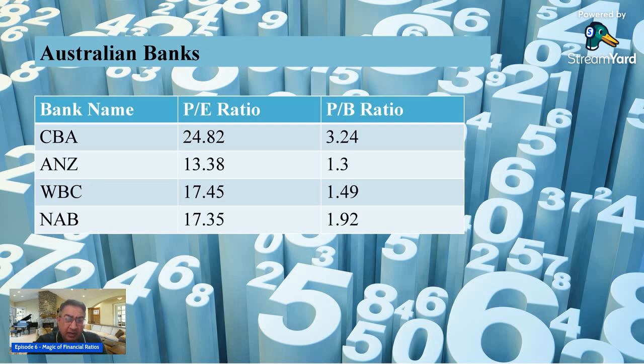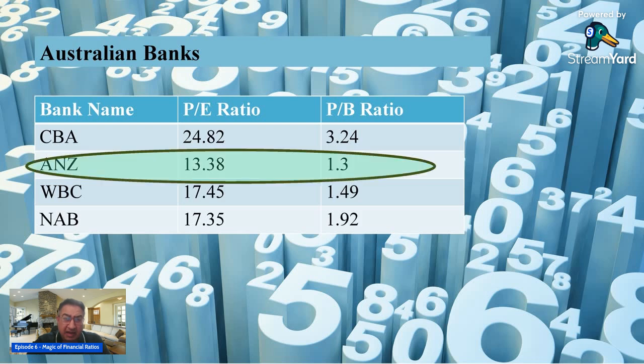You need to look at a number of other parameters like dividend yield, payout ratio, the financial health of the bank, and a number of other figures. However, looking at this data, you can clearly infer that if wanting to invest in a bank in Australia, look for a PB ratio of less than 2 and a P/E ratio which is less than 20. Now, looking at this data in isolation, clearly it appears that ANZ Bank will be a better buy as compared